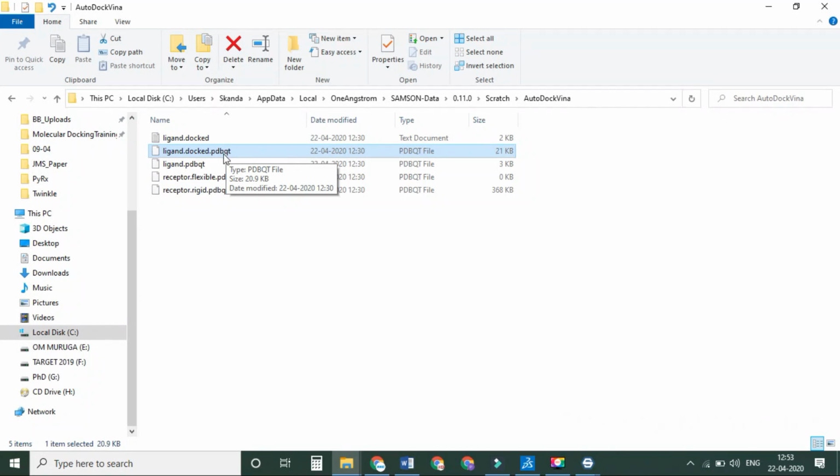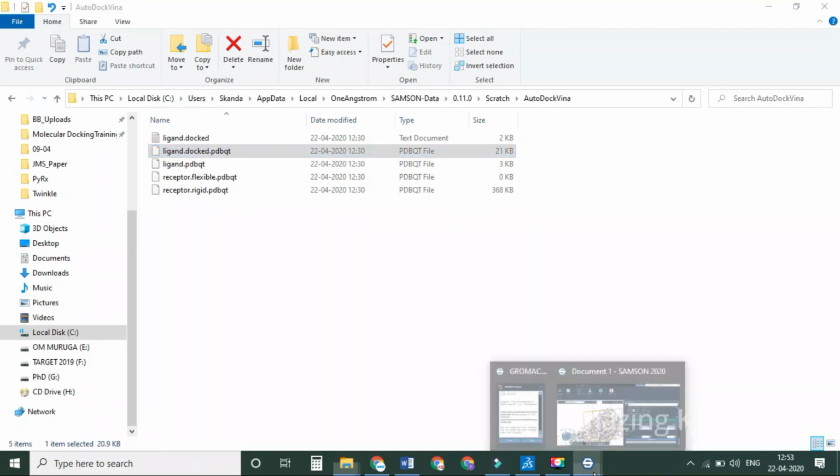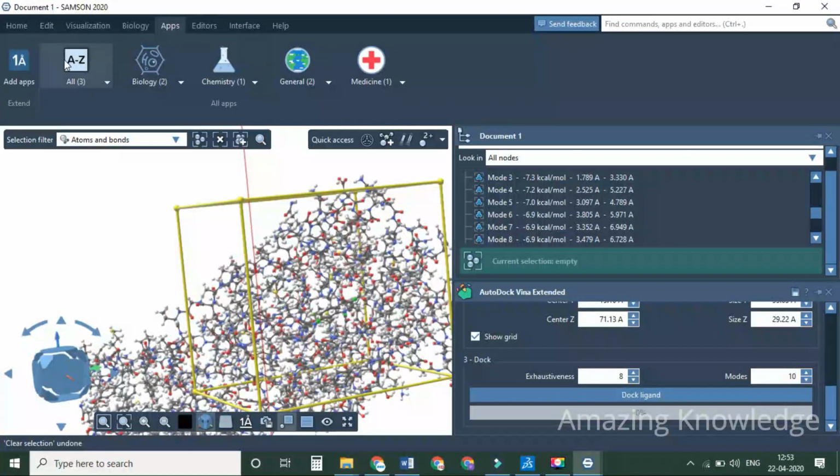Using the AutoDock Vina split exe file, you can separate the individual poses, and you can see them with the help of any visualizer like Discovery Studio or PyMOL. We already did this step in our previous videos, so kindly check those videos on how to separate the individual poses from the combined docked poses. So this Samson software helps you to do the molecular docking process stress-free and very user friendly.